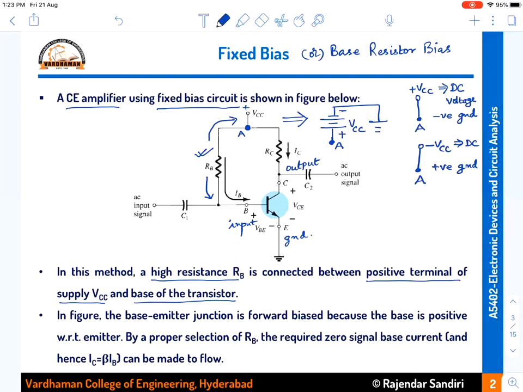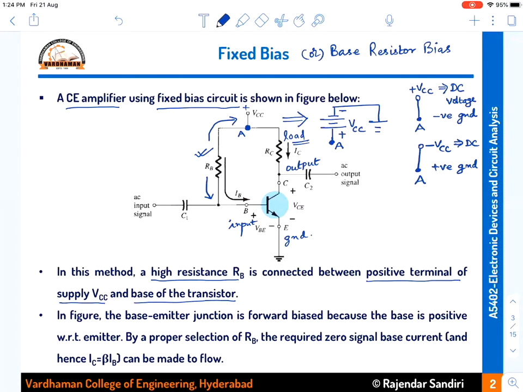And in all the amplifier circuits, the output collector is connected to a resistor which is called a load resistor. So this RC is a load resistance. This will be there in every circuit. This is common. Output is connected to a load resistor across which we calculate the output current or the output voltage. So the load resistor RC will be there in the collector terminal in all the amplifier circuits.